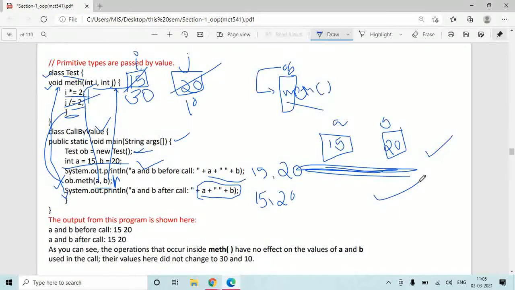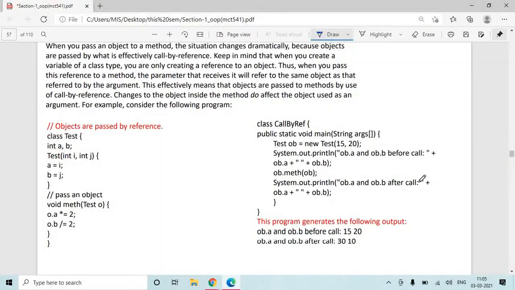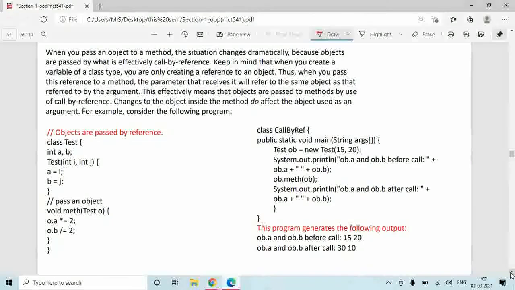Okay. Now the next type of calling is call by reference. Now what is call by reference? Before going into the technical details of what is call by reference, let me give you one simple example. Let's say there is a student in my class whose name is Sachin. And he has a pet name by which his parents, his elder brother, sister would call him, say, Sonu.